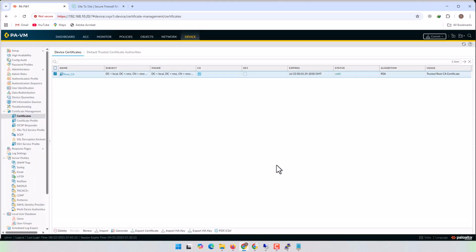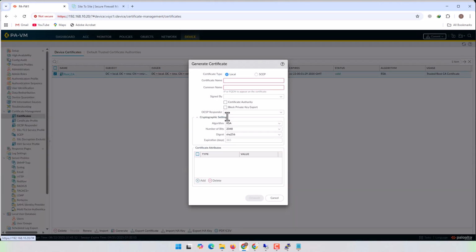Now we need to create a certificate to use in the site-to-site VPN. For that, first we need to generate a CSR. Let's generate that again on device certificate, and here let's click on generate. Let me name it VPN cert, and for common name, let's give the IP address of the outside interface,